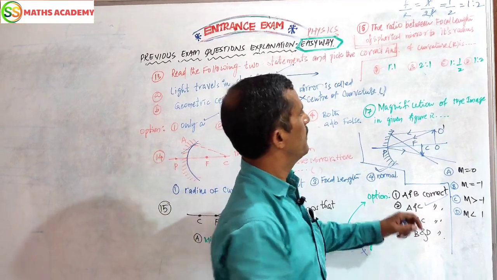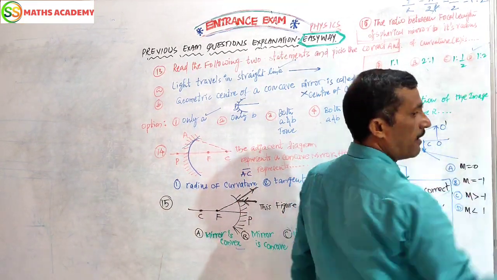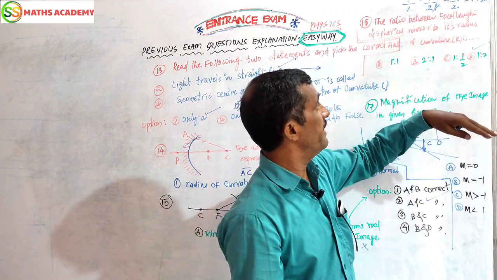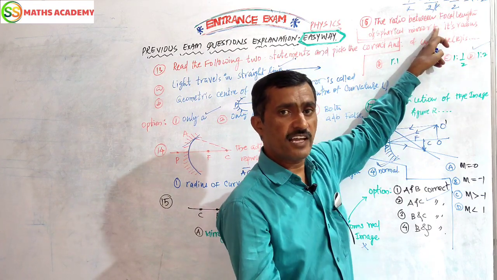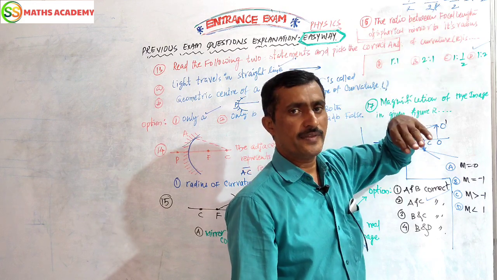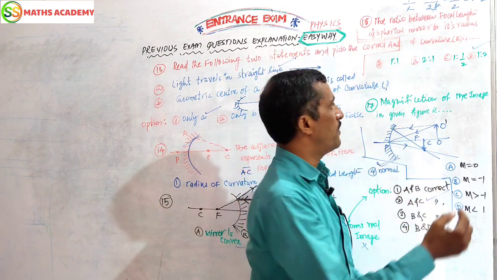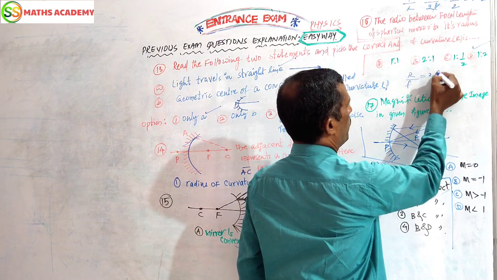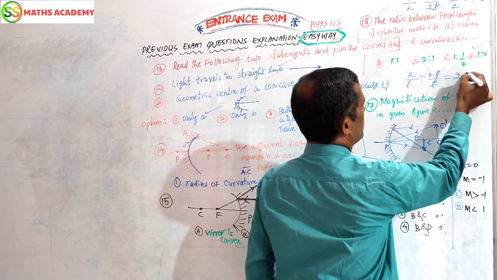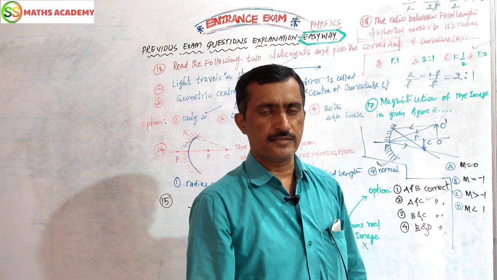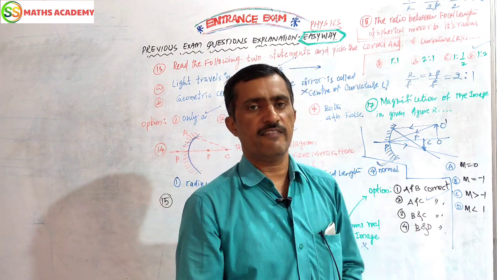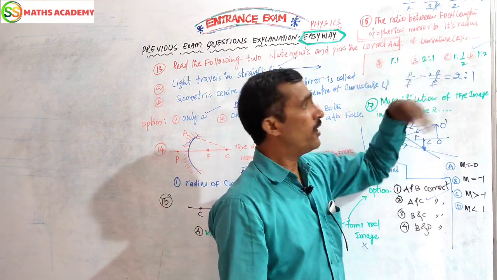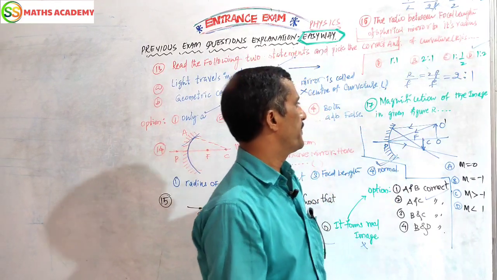So which is the correct option? 1:2. So here D is the correct option. You have to understand clearly that the ratio between the focal length and radius of curvature of a concave mirror is 1:2. Sometimes they ask in the other way, the ratio between the radius of curvature and the focal length. Then you have 2F by F, F gets cancelled, and in this case 2:1 will come. They may ask the ratio between F and radius of curvature, or between radius of curvature and F, so you may get either answer. But according to this problem, D is the only correct option.